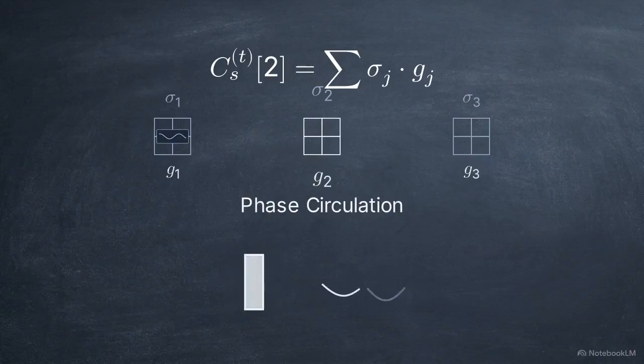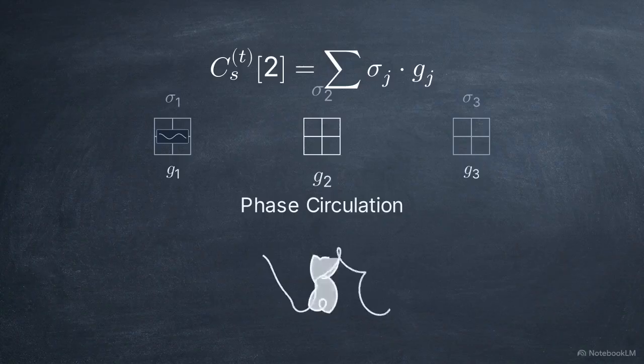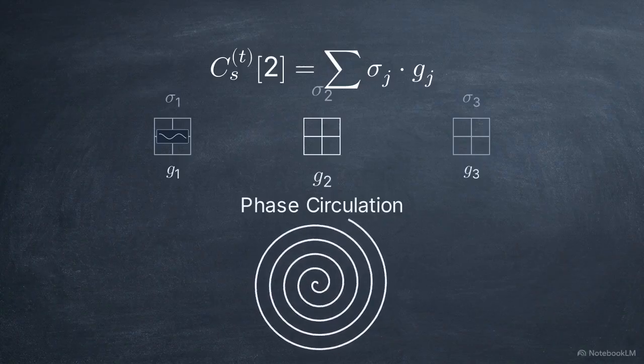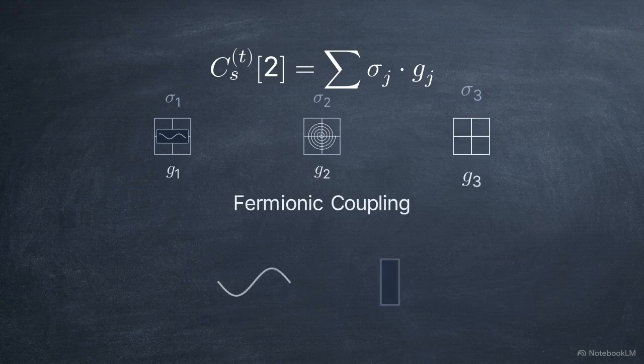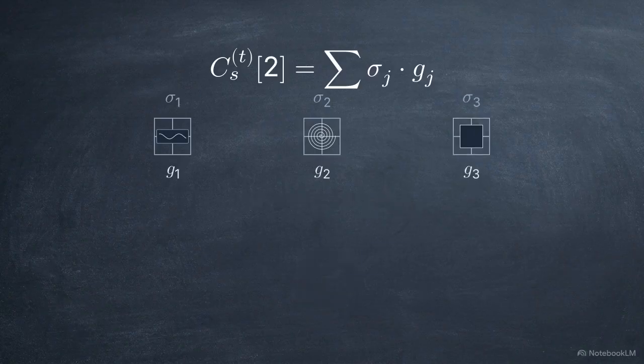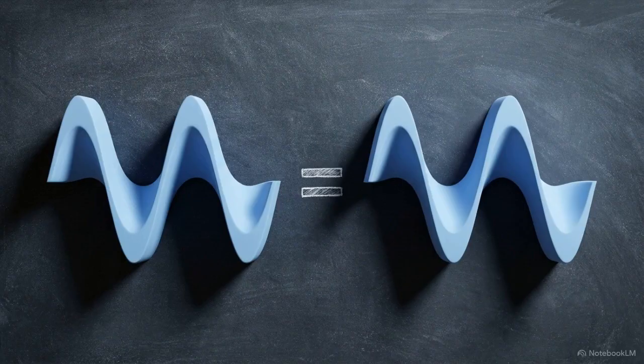The second function, G2, drives helical phase circulation. It captures the memory asymmetry between the partners, modulated by their combined phase sum. The final coupling function, G3, measures fermionic coupling. It calculates the total system distinguishability by multiplying both the phase and memory differences. This creates a strict activation threshold.